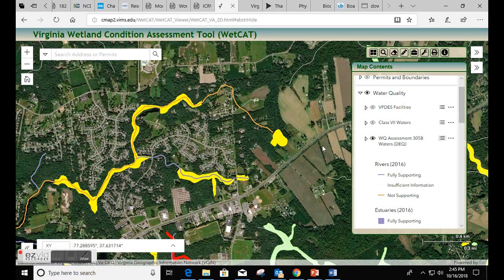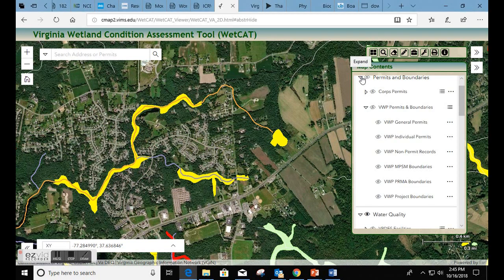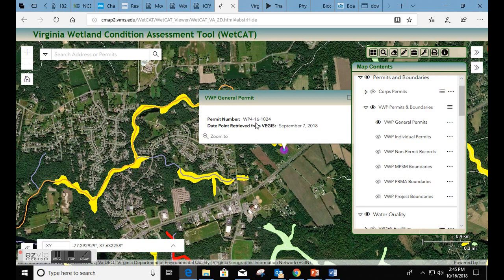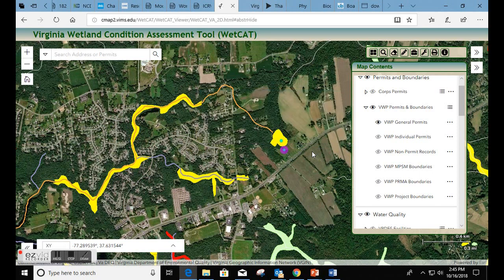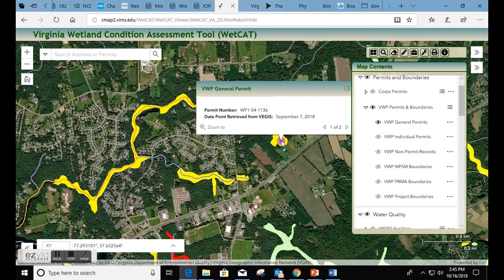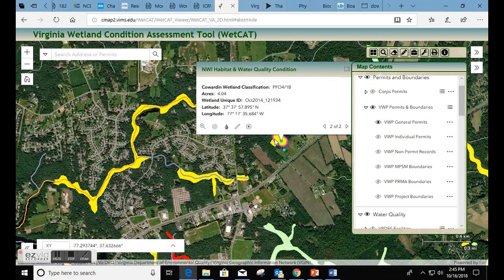So in this particular wetland, we can also look at if there's any permits that have been issued in the vicinity, and so we can turn on the permits and boundaries section. Go down here and turn on the Virginia wetlands permits, and we'll click on general permits, and we do have a couple permits that have been issued in this area. If you click on that dot, you get an idea of what that permit was, the permit number. And if you go over here, we can click on that one that's in the wetland. We get that permit number, but you can also shift over to, and it highlights it as well, the wetland